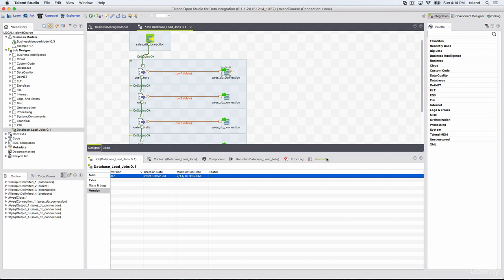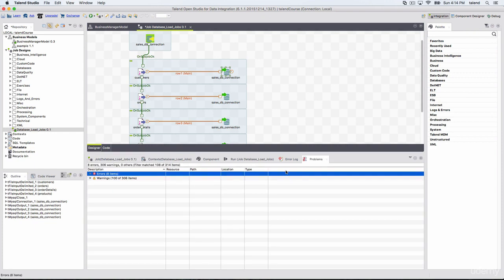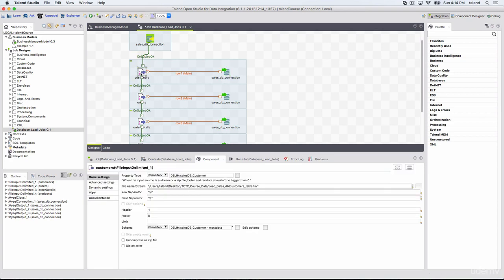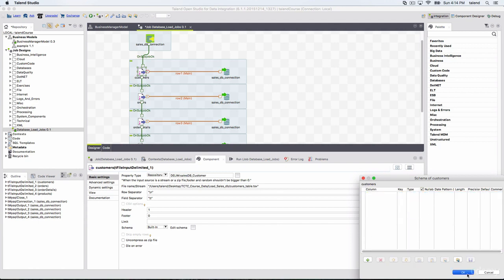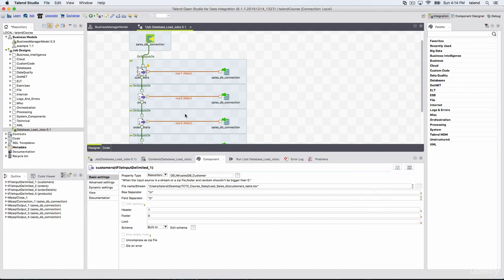Then we saw the problems view. It displays the messages linked to the icons docked on a component. For example, sometimes you click this. Okay, and for example, if I don't give it any schema, it will show me some warnings or error messages, as you can see here.